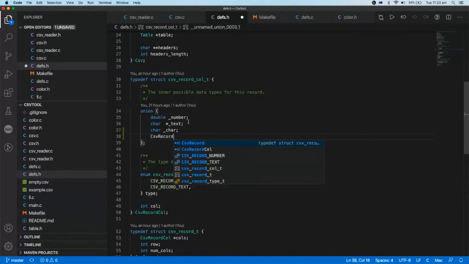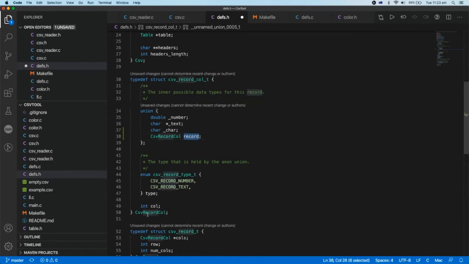You could have a record. It doesn't have to be. I mean, it's going to complain because this is not typedef'd up to here, so it can't see it up there. But if I call it like struct,